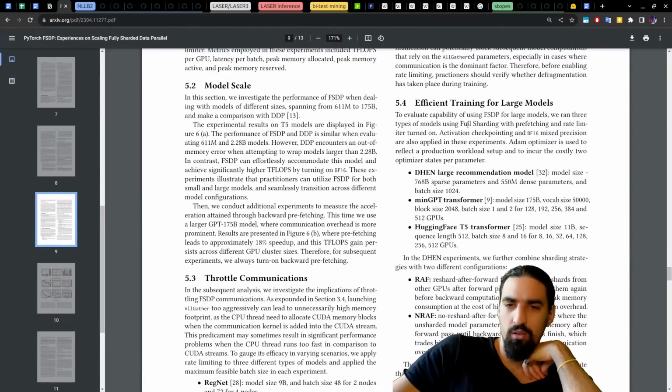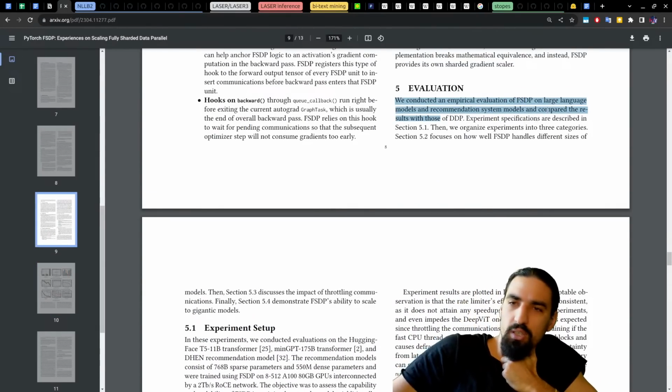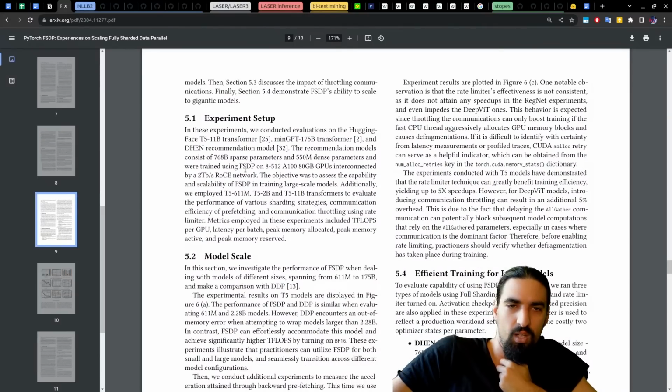Evaluation. This is the last part. We conducted an empirical evaluation of FSDP on large language models and recommendation system models and compared the results with those of DDP. Experiment specifications are described in section 5.1. Okay. Experiment setup.